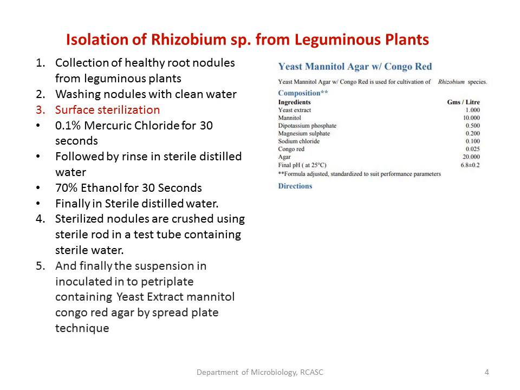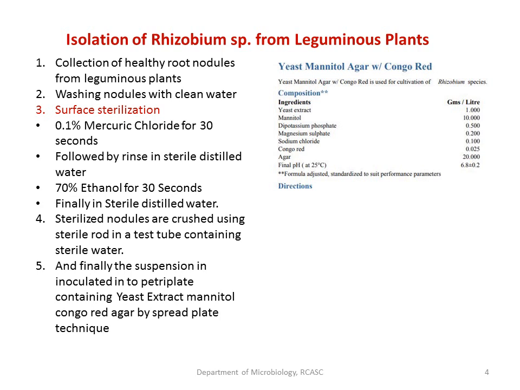Such suspension, whichever you have got, has to be finally inoculated into a plate containing yeast extract, mannitol, Congo red agar. You can go for either pour plate or spread plate. Better to go for spread plate, or we can even go for streak plate also. In case of pour plate, the temperature might be a little more than 41 or 42 degrees Celsius. At that particular time, the rhizobium may get affected, they are sensitive. That's the reason better to go for either spread plate or streak plate.